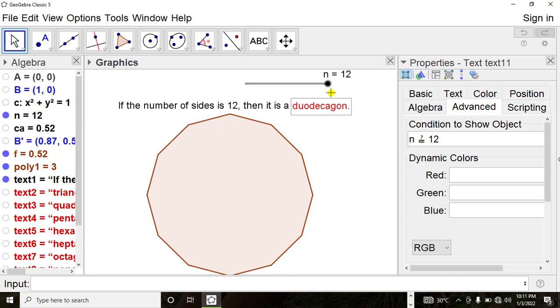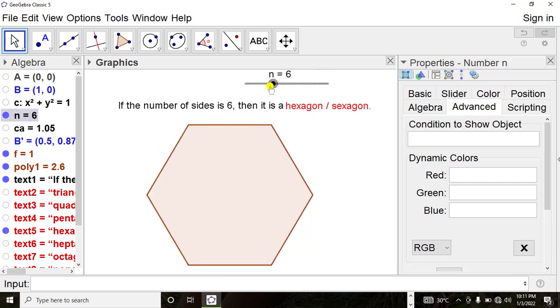There you go. So now you realize that when we drag the slider, the name